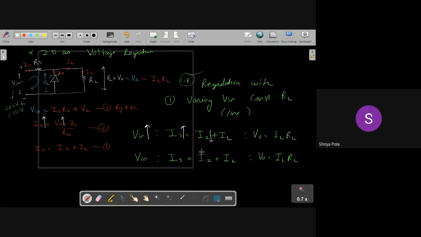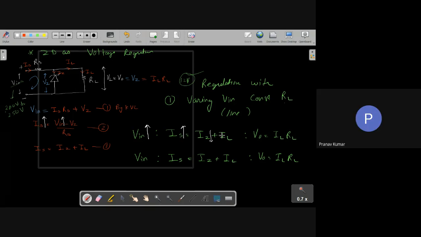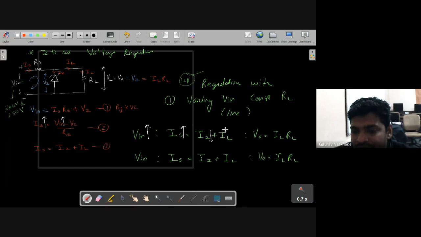Yes sir. IZ will decrease, because इसमें option क्या है? IZ को option है ना, IZ can vary from IZ minimum to IZ maximum, and it will decrease in such a way that it will take care that IL will be fixed. मतलब लोड में से जो करंट जा रहा है ना, वो कैसा है? फिक्स है। ओके, तो अभी IL कैसा बन गया? फिक्स है।